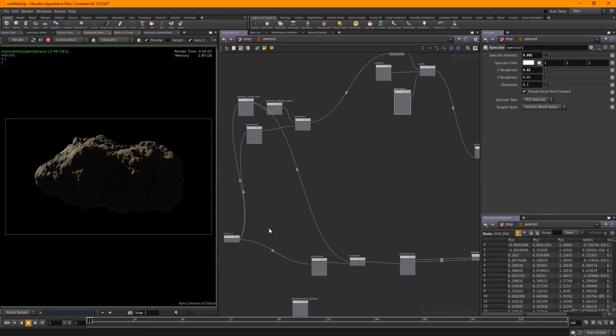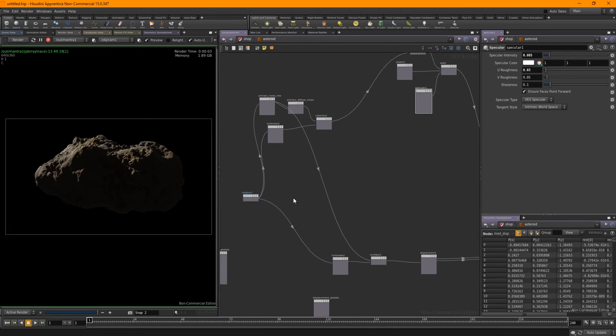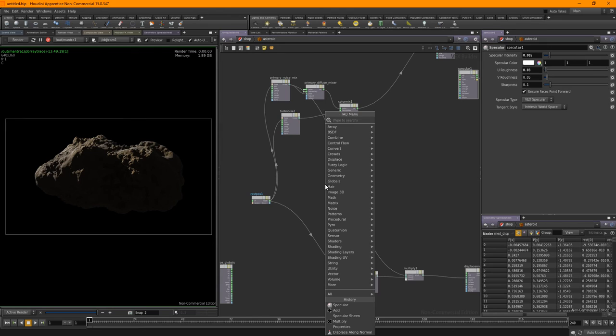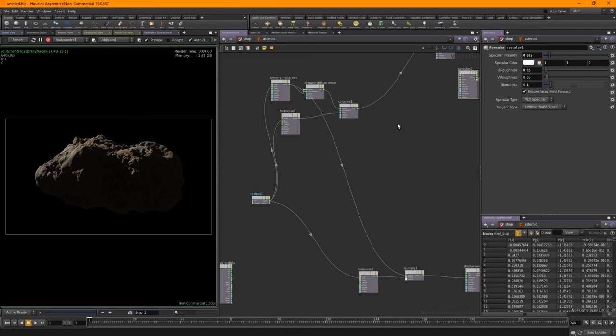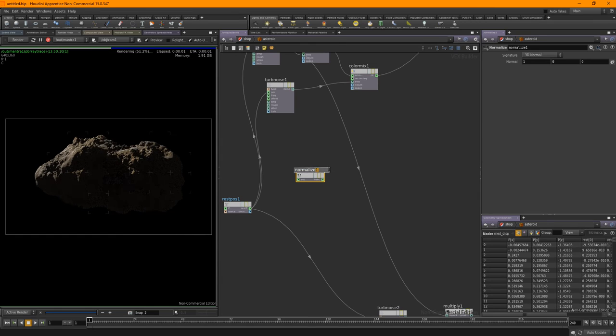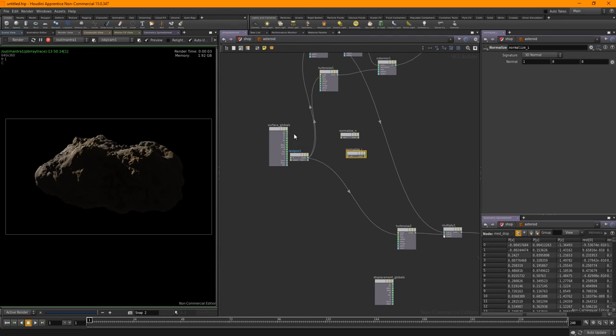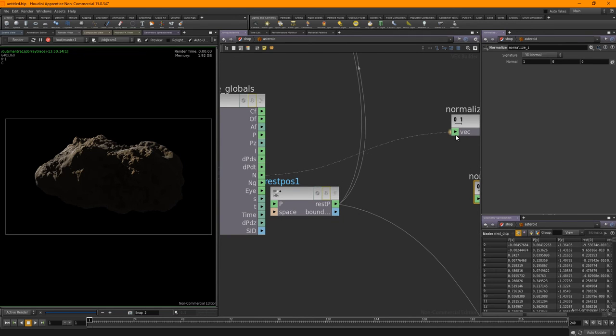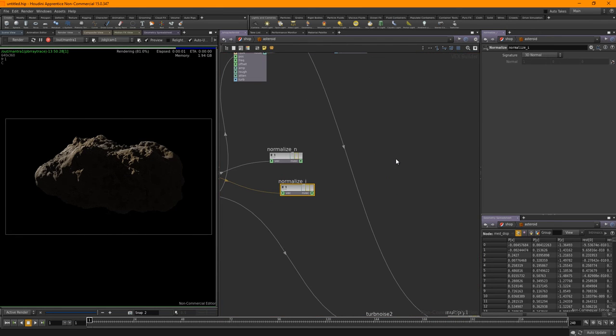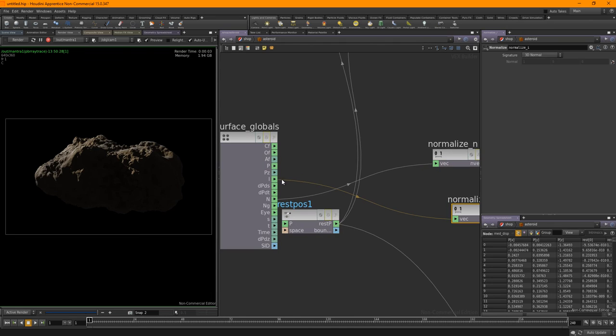Reflections are a bit different. They require a little bit more. So what I'm going to have to do is get a normalize, so that's going to 0 and 1 the incoming value. I'm going to normalize N, then I'm going to copy paste, normalize I, and this is where the globals are going to come into play. So N into N, I into I. Why am I using I? If you pop that over here, I'll tell you direction from I to surface. So that's why I'm using I.